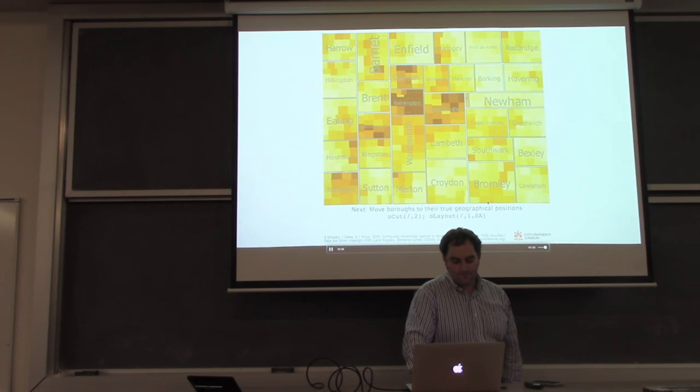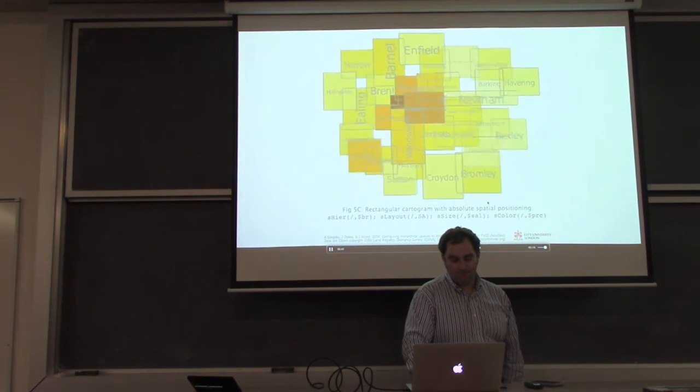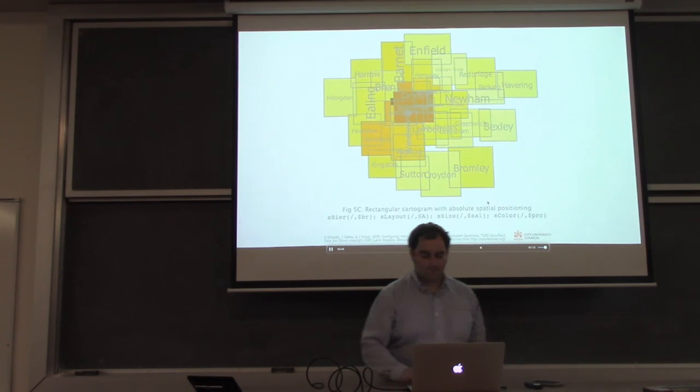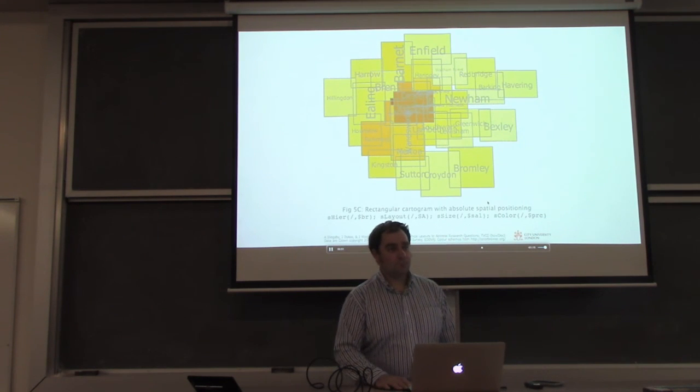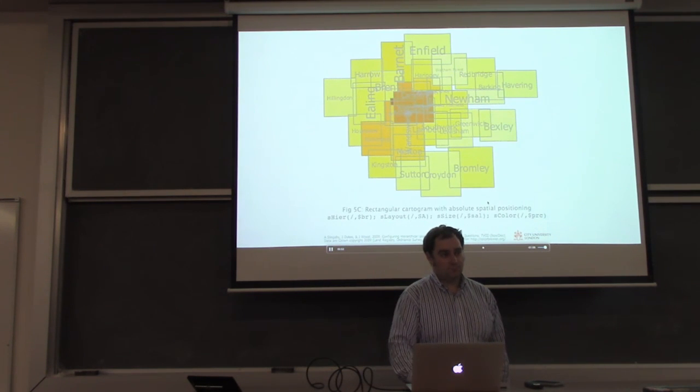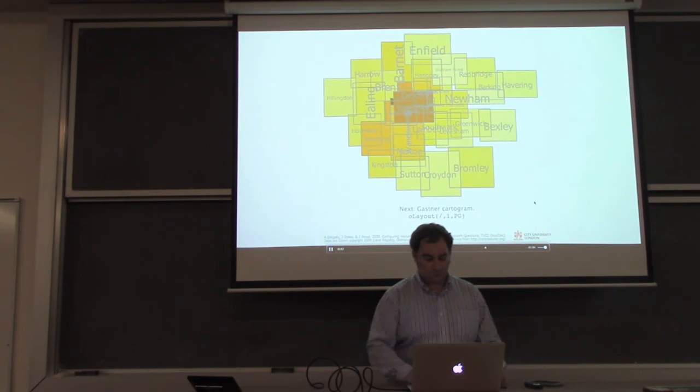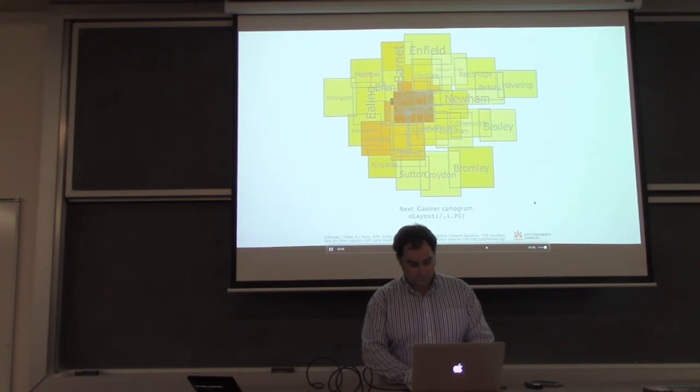and we can see the spatial patterns of these. We will now move these rectangles to their absolute geographical positions to demonstrate how this relative geographical view relates to absolute geographical space. The visual occlusion makes this view difficult to interpret, but it demonstrates the geographical distortion in the previous view. We will reconfigure this to a Gastner cartogram with boroughs sized by the number of sales, preserving the geographical shapes